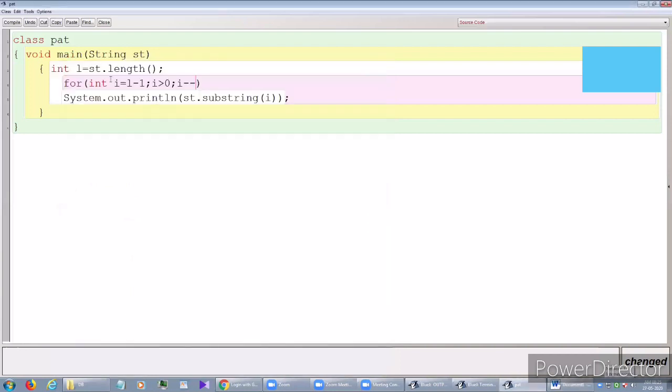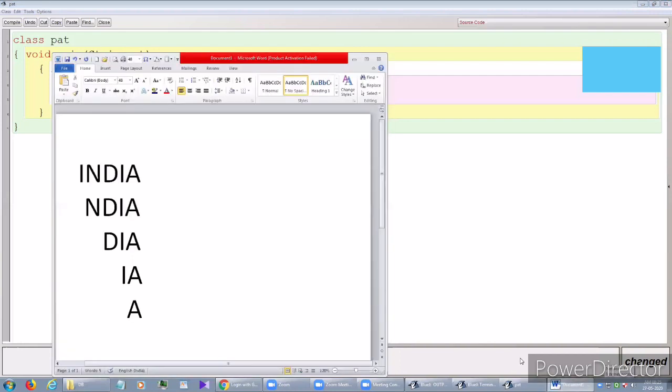We need to control the space as well. First, we don't have any space, then space will increase one by one. If you see this pattern, if India is the input, then India, NDIA, DIA, IA, A. So if it is left alignment, easily we can print the same as the previous one.